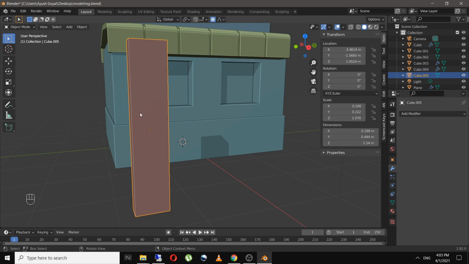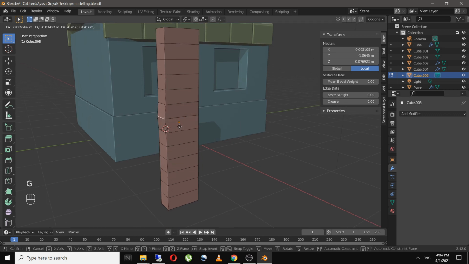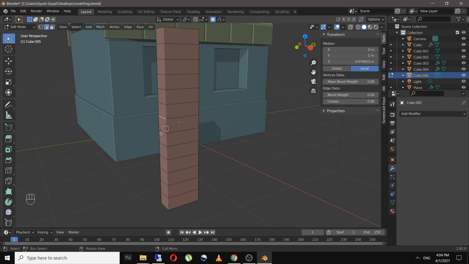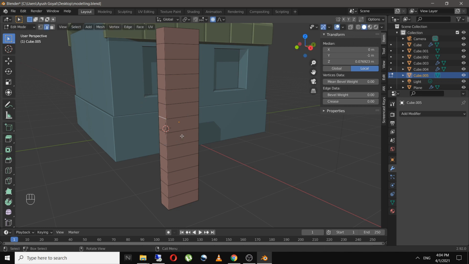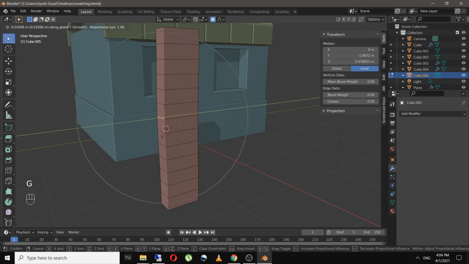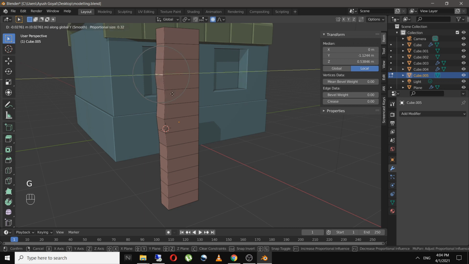And now when you edit that, click on this, and if you click on G, oh sorry, this is disabled. So now if you click on G, see the circle is coming. As you can see, this will proportionally edit the whole mesh, and if you scroll down and up, this will increase and decrease the size of the circle. So if you want to move this, I will move it somewhere over here and decrease the circle. So only that part will be affected. I'll do the same over here